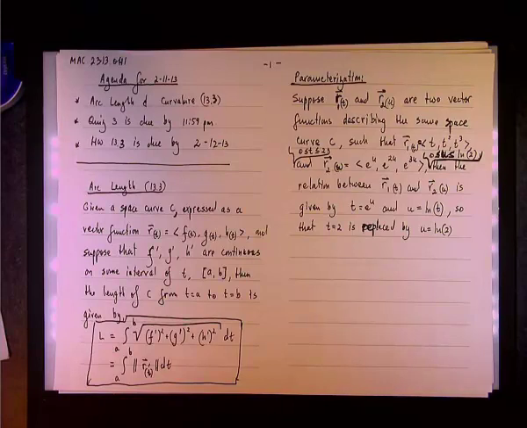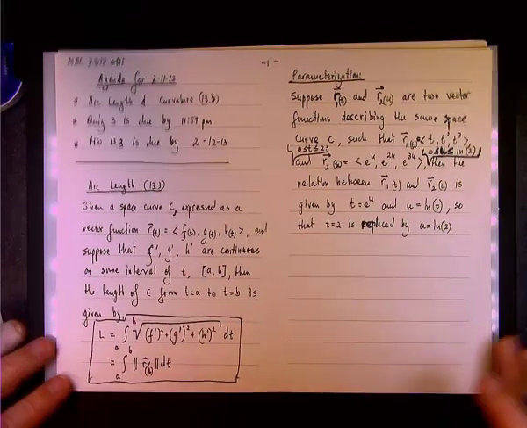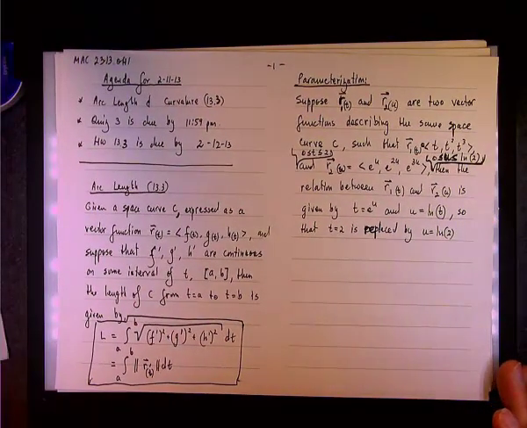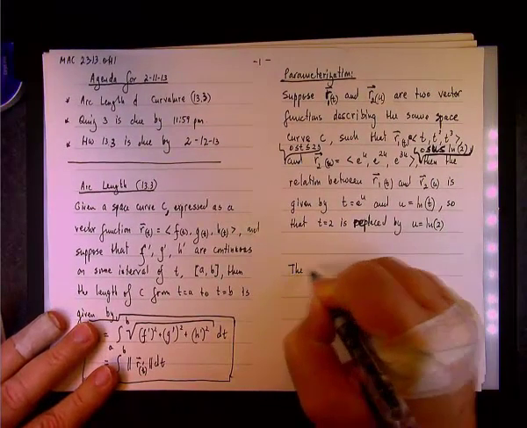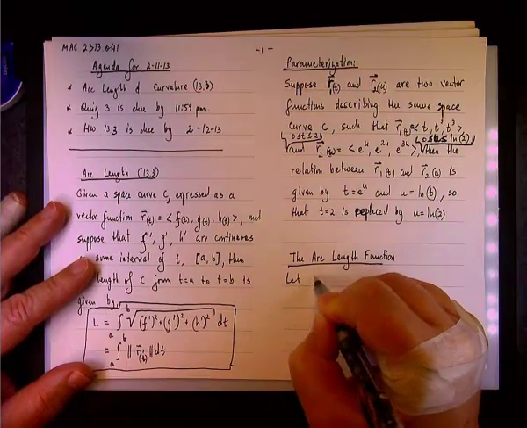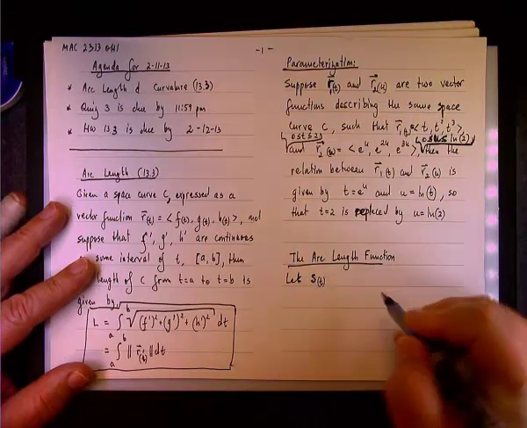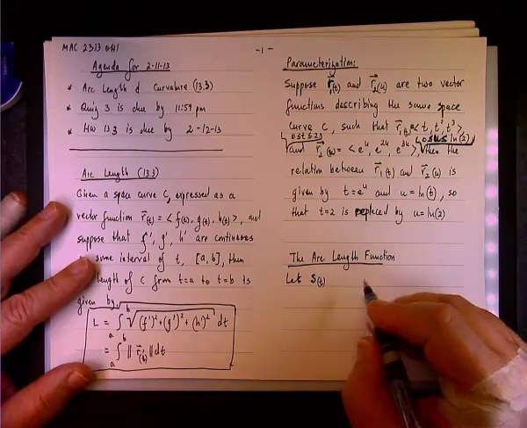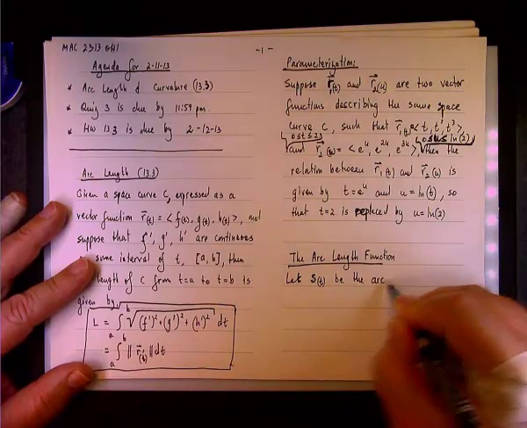Then essentially what you're saying is, let's create an arc length function for a general solution. And then once we have that, we can replace the variable, or in this case the parameter t, with the endpoints. So let's look at the arc length function. So we're going to define, here's the s, that's why I didn't want to use s in the previous example. Let s of t be the arc length function